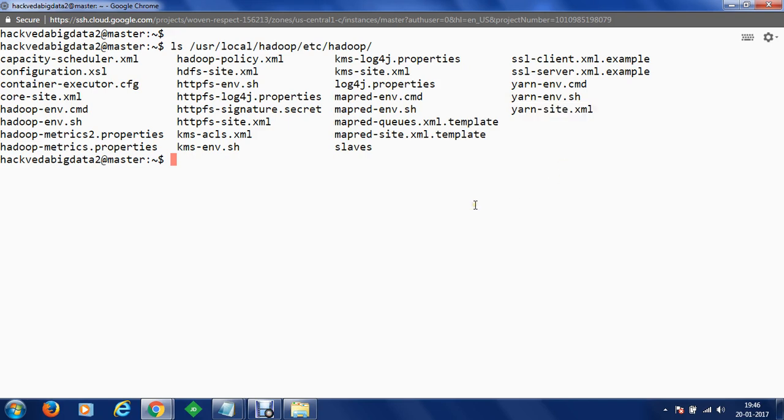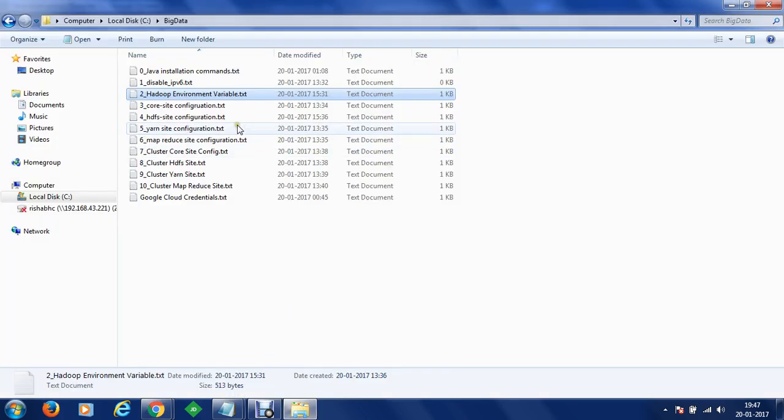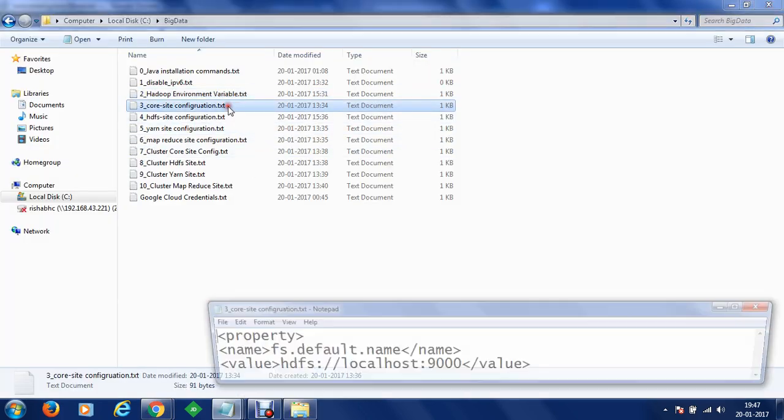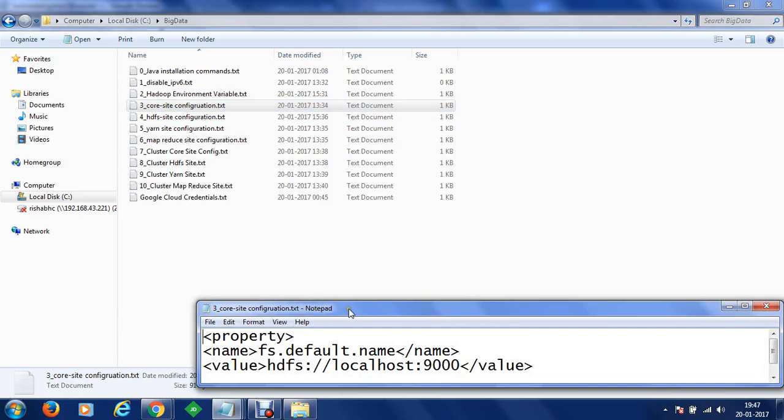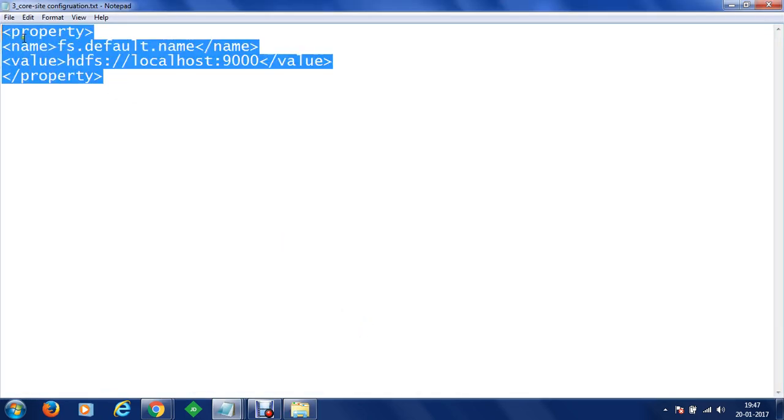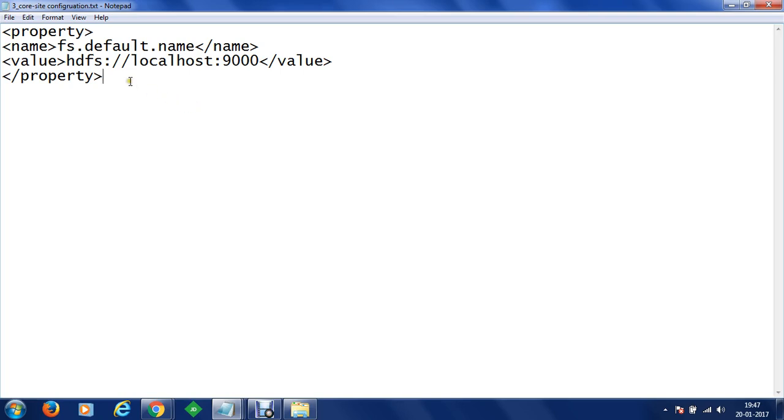So let's just begin with the configuration. To configure core-site.xml, you can download the configuration file from the download transcript section on your one-to-one account. For my machine, I'm taking the configurations from here. Let's just double click, and this is the configuration which we have to set in our core-site.xml. I've just copied the configuration, and using this configuration it is specifying that in order to connect to HDFS, we are going to connect to localhost on port number 9000.